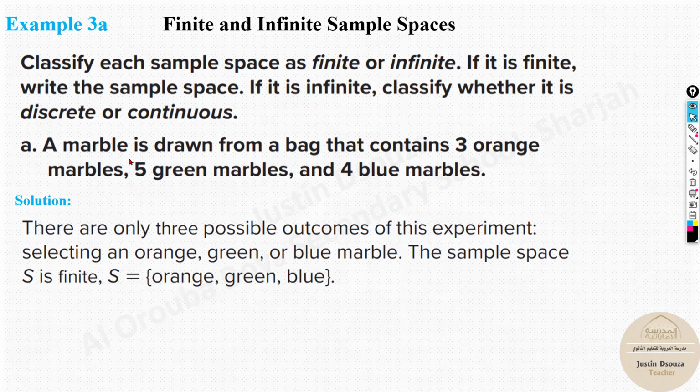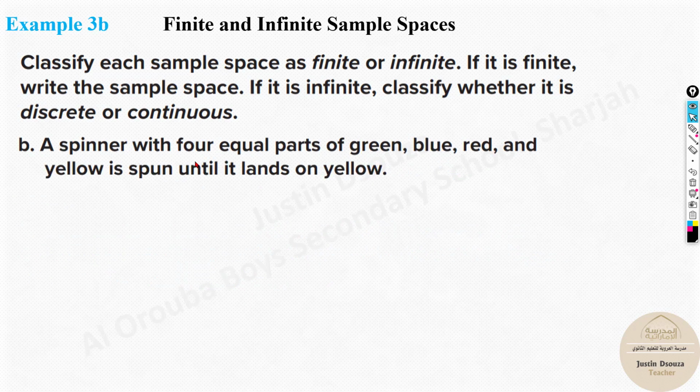So the sample space is orange, green, and blue marble. So either one of these you will obtain. Now if you pick the marble, it is one of these, that's it. The sample space is this. It's finite. Whereas over here, a spinner with four equal parts, green, blue, red, and yellow, is spun until it